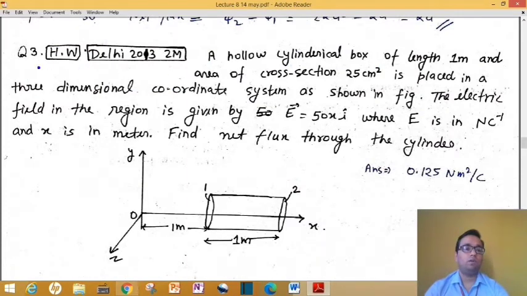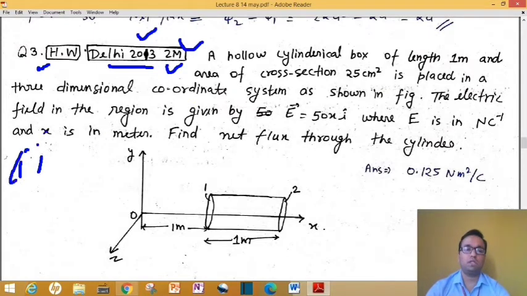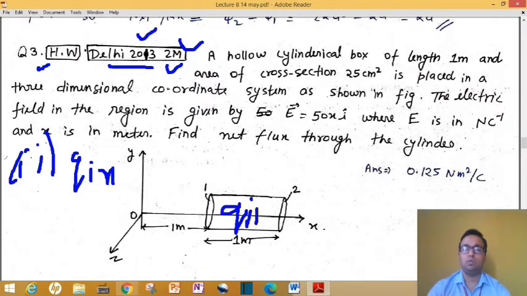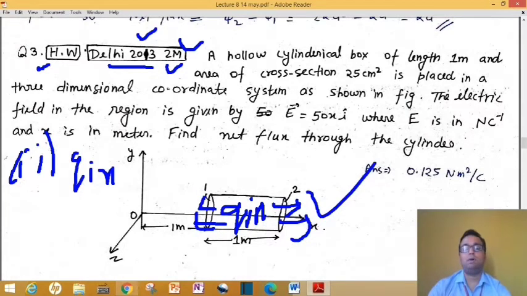Again, we have one more problem, same like that previous one. This question was asked in 2013 for 2 marks. Okay, basically it was in 3 marks. I have taken only the first part. The second part was to calculate the amount of charge that we did just now. How to calculate the amount of charge, that hypothetical, not actual charge, hypothetical charge that is present inside this cube, because it is giving us some amount of radiation. So how much charge we should place inside this cube that will give us the same amount of radiation. Okay, that analog charge was asked, so it is very easy to calculate that part.